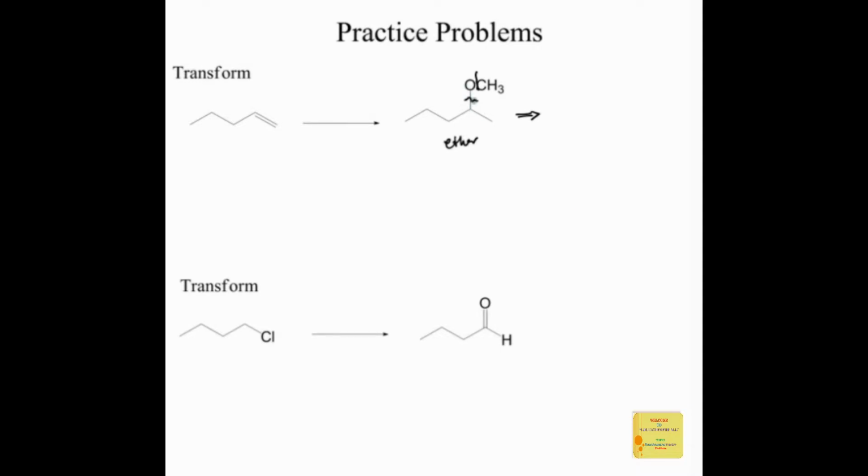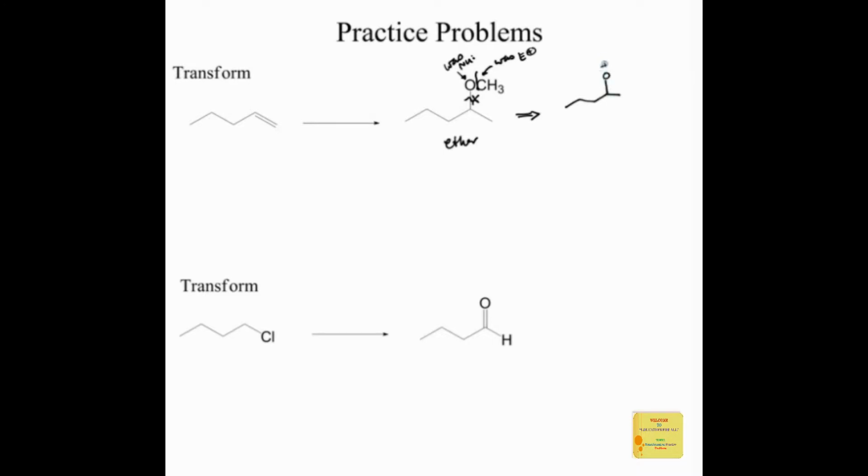When we're doing a Williamson ether synthesis, our oxygen is always going to be our nucleophile as an alkoxide. But when we consider our possible electrophiles, we want an electrophile that has the least steric hindrance possible. This electrophile is a better one because it's just a methyl group. So we'll do that disconnection instead,